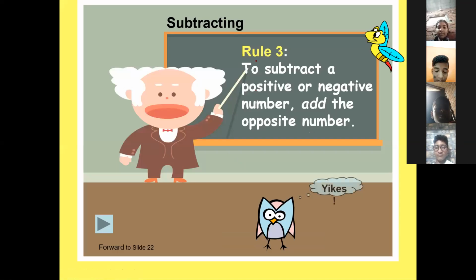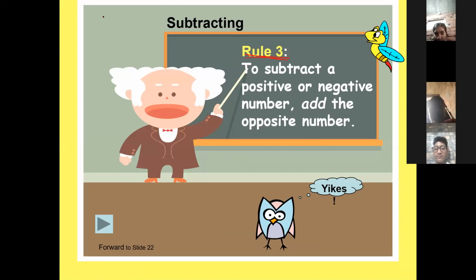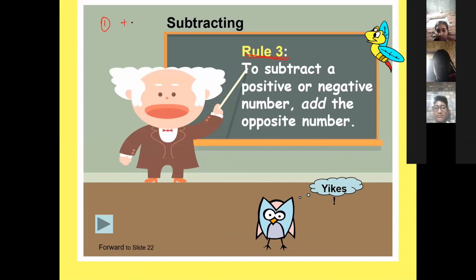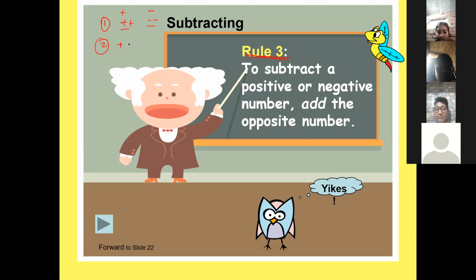Next, rule number 3. So I have told you two rules. The first rule was that when the signs are alike, meaning positive positive or negative negative, in both conditions we have to add the numbers. But if it is positive positive, the answer will have a positive sign, and if negative negative, a negative sign. The second rule was, if one number is positive and the other number is negative, we have to use the sign of the larger number. Okay, and always subtract there, and here always add.